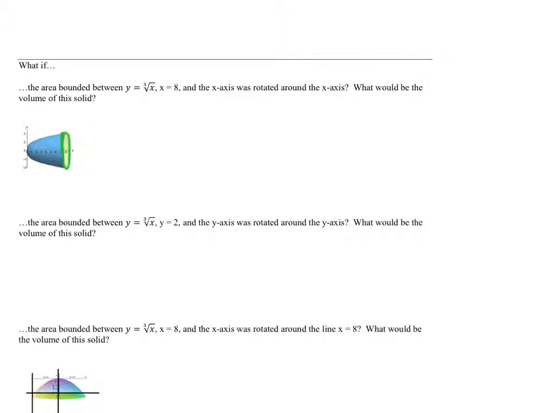Depending on the type of curve, maybe it creates part of a sphere. Maybe it creates something that's almost spherical, right? In this case, this looks like it could be in the neighborhood of half of a sphere, but not quite. So we know that we're not expecting the volume to be just half of the volume of a sphere. Right? So we need another technique. So what we do is very, very simple, but for whatever reason,